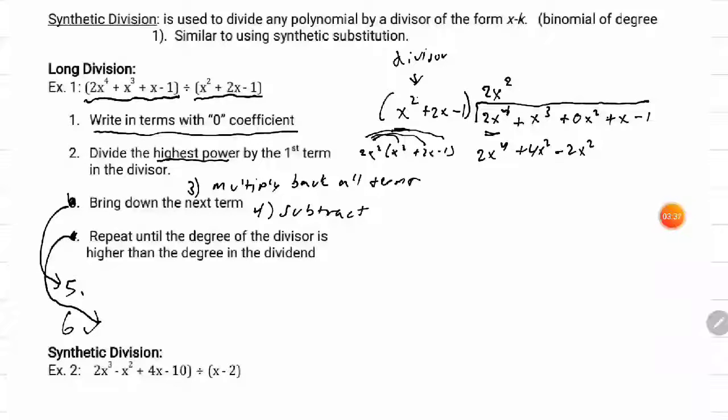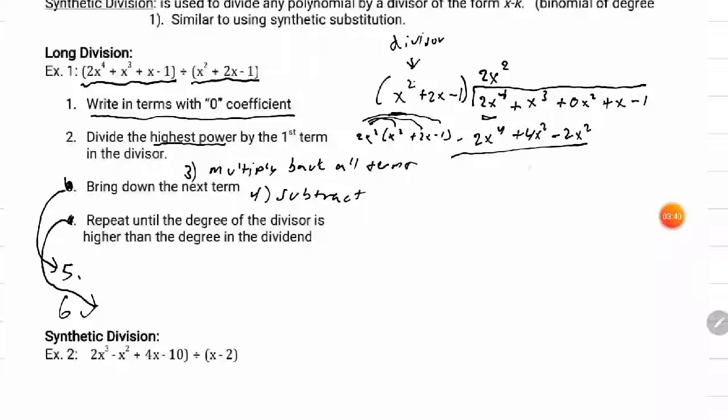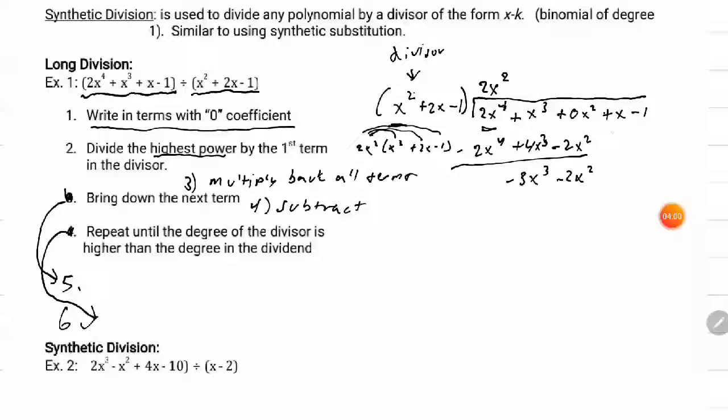Okay, and then our fourth step is to subtract. Those will cancel out. x cubed minus 4x cubed is negative 3x cubed, minus 2x squared. Then our fifth step is to bring down the next term. The next term here is plus x. And then step 6, repeat the process